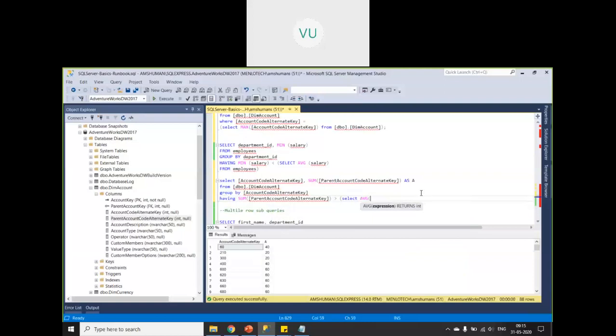It need not be the same table. Select average of this particular column because it is relevant to our case. I am putting the same table and same column. So select average of this from this particular table.